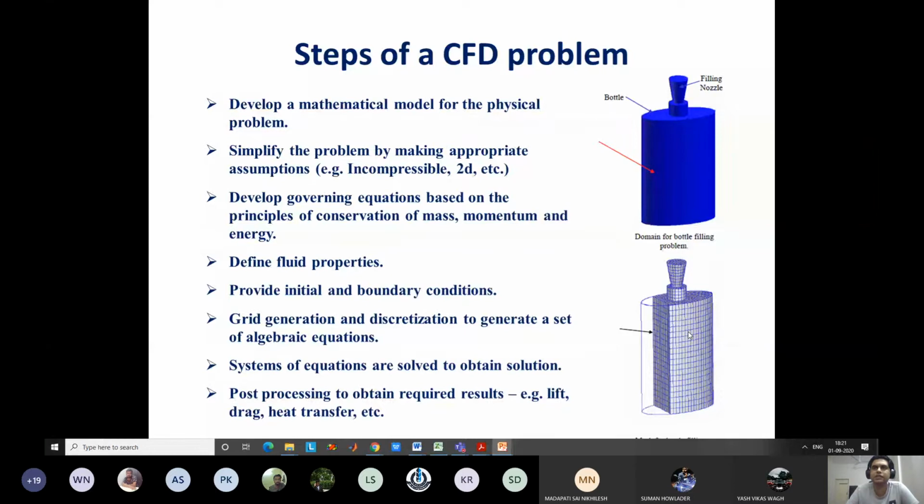One is physical consistency, second is accuracy. Both are not same. Physical consistency means the results have similar behavior as the actual results. Means in actual case, if you pour some liquid and the liquid enters this bottle, the behavior of the liquid, whatever we obtain, like whether the temperature is increasing or decreasing, whether the flow velocity is in the downward direction or in the upward direction, this thing should be correctly predicted even with a very coarse grid. Okay, this is known as physical consistency.